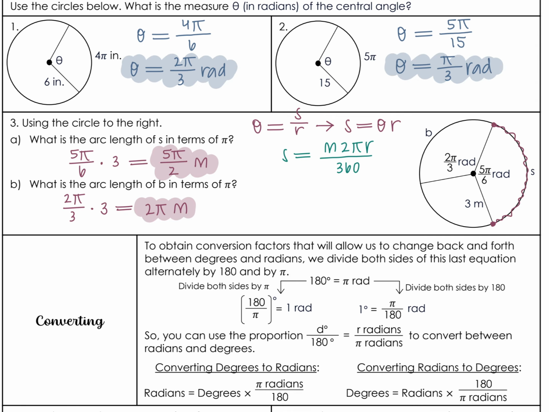Okay, and so just to clarify here, these are two different formulas, but you will see with this formula here with my degrees, how we're able to convert that into what they're telling us here with the S is equal to my theta times R. Keep in mind that when you are dealing with radians, 360 is equal to 2 pi radians. And so we have the m, which in this case is our theta, is what we've been using, times that 2 pi r